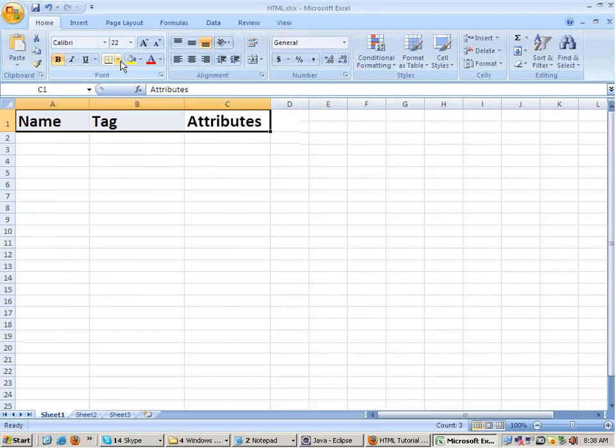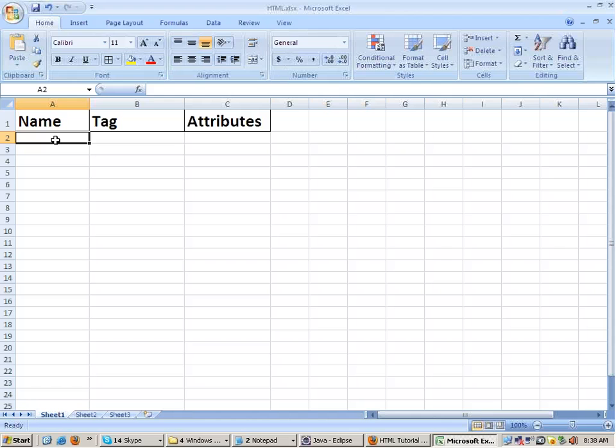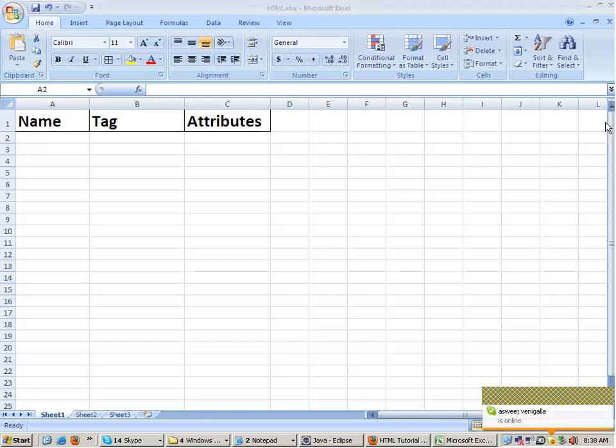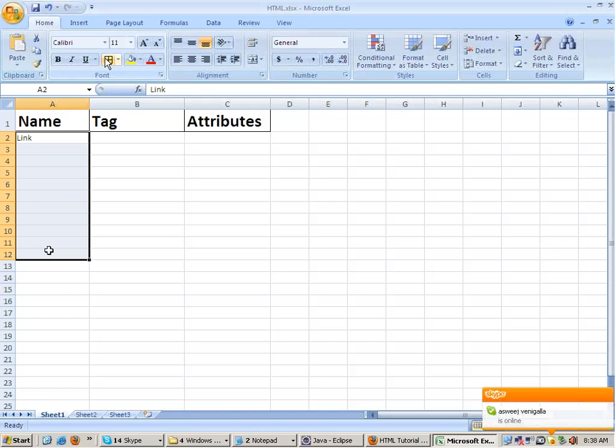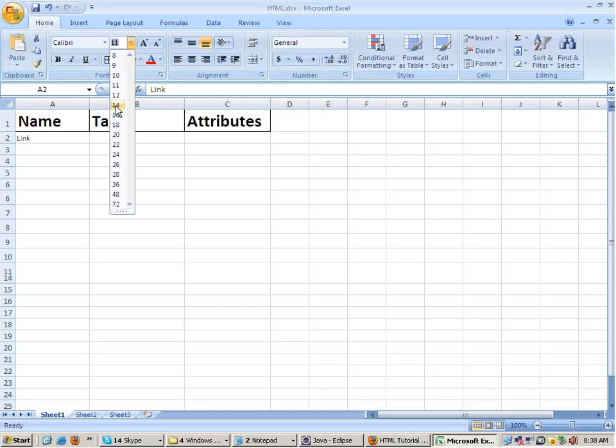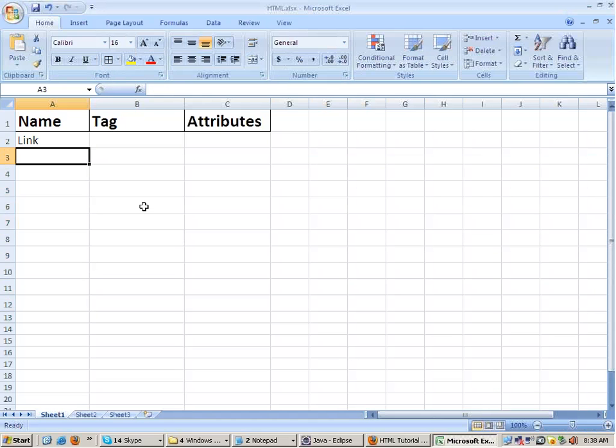Now, what kind of elements do you have in HTML language? You have elements like a link on the page. I'm talking about a page. What all kinds of elements can you have on a page? You can have a link, then you can have an input box, that is a text field,